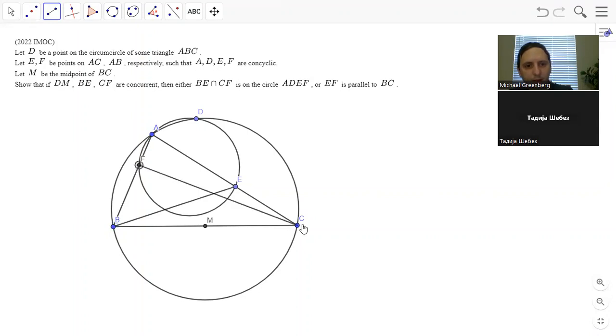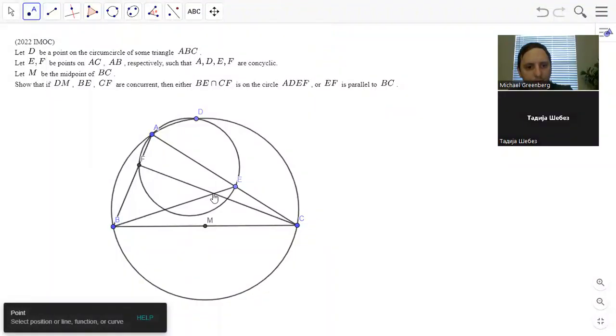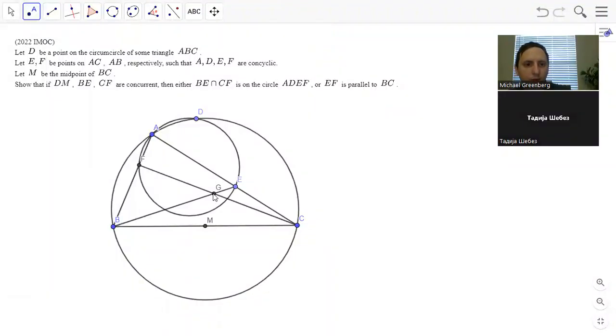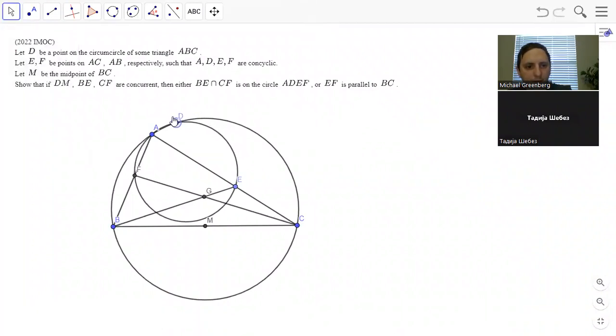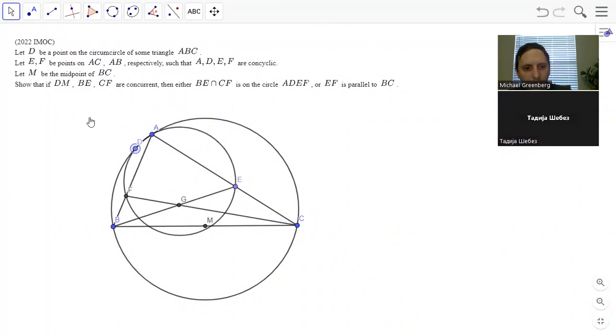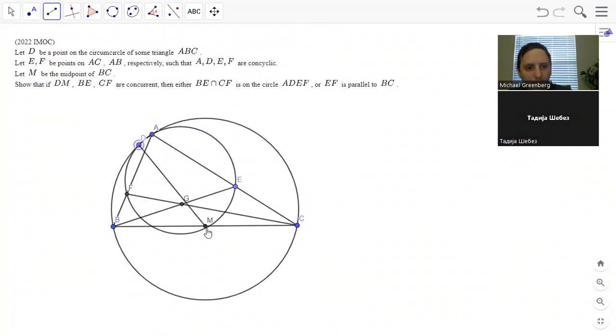Okay, so BE and CF, you give it a name, G. Either that's on the circle or EF is parallel to BC. So it's saying that DG and M are collinear is equivalent to G being on, yeah, it doesn't say which circle. That's kind of weird. Show that if DM, BE, and CF are concurrent,